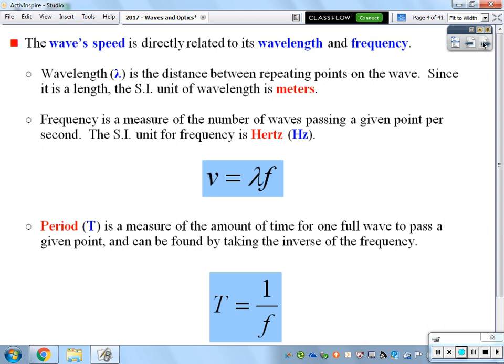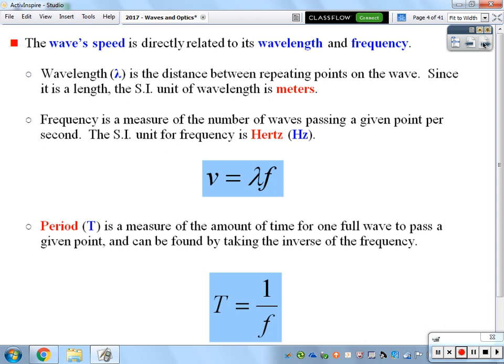So in circular motion, we talked about period being the amount of time for one revolution, one cycle to go around. It's the same concept here, except it's the amount of time for one full wave to pass a given point. We're still going through one cycle of that wave. It doesn't directly state it here, but what units do you think we're going to use for period, just like we did before? Let's go back to its definition. It is the amount of time for one full wave to pass a given point. Seconds. We'll express it in seconds.